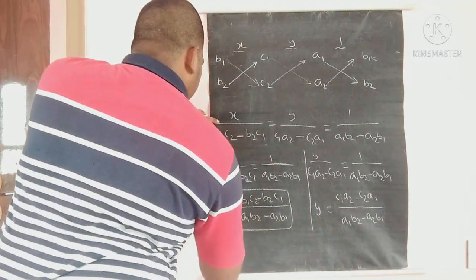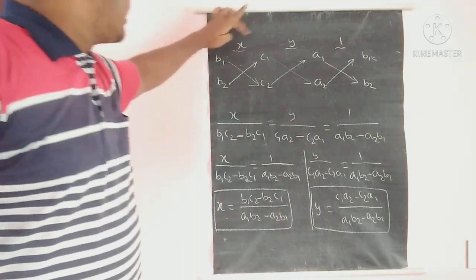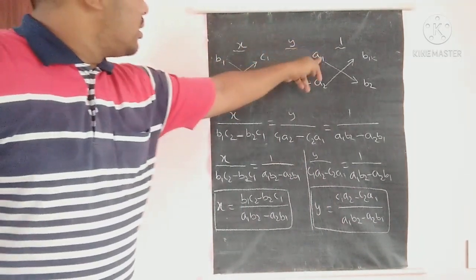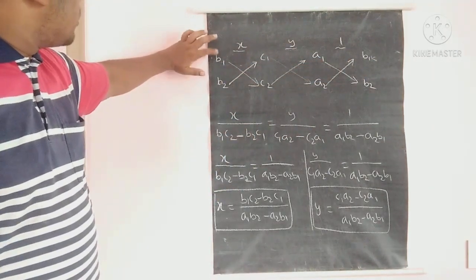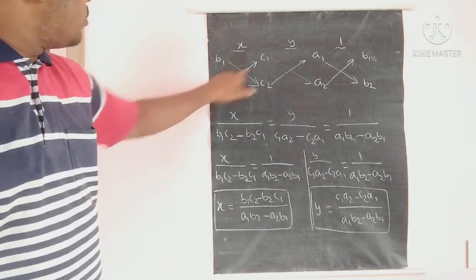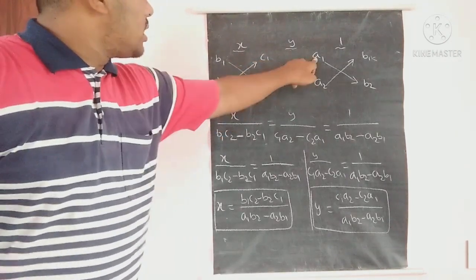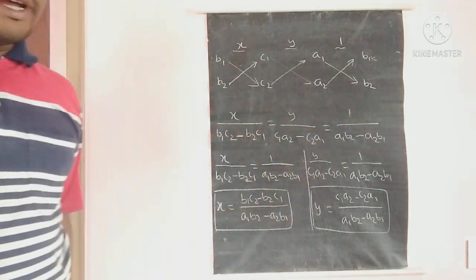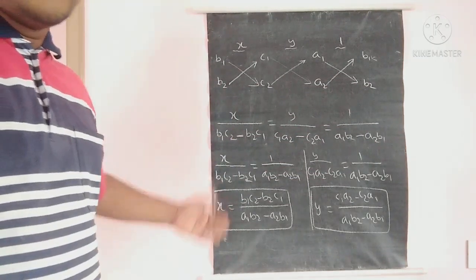So if you are not able to remember the formula, you can follow this method. First write down x, y, 1 and start with the y coefficients B1 B2, next the constants, next the x coefficients, and again B1 B2 from top to bottom right. Then B1 C2 minus B2 C1, C1 A2 minus C2 A1, A1 B2 minus A2 B1. Then we can equate and find the formula, so we can remember. We will see some examples also.